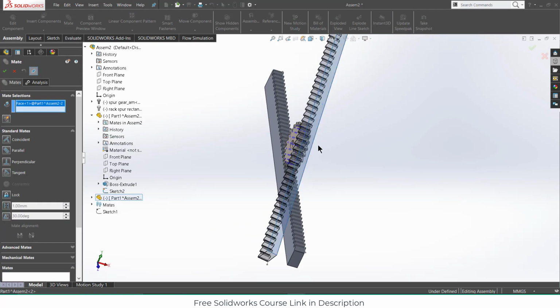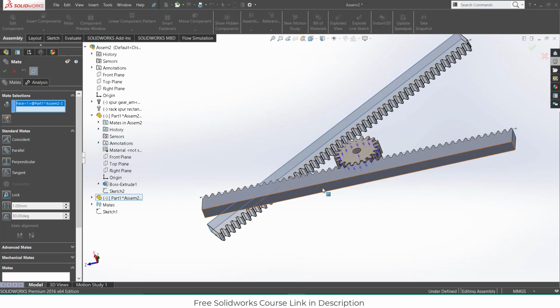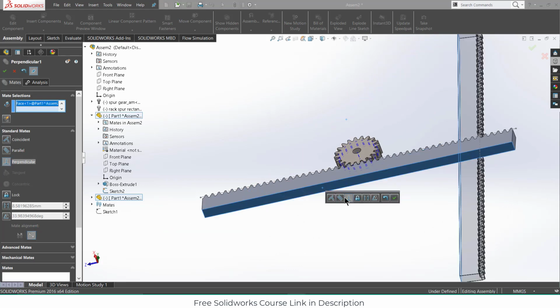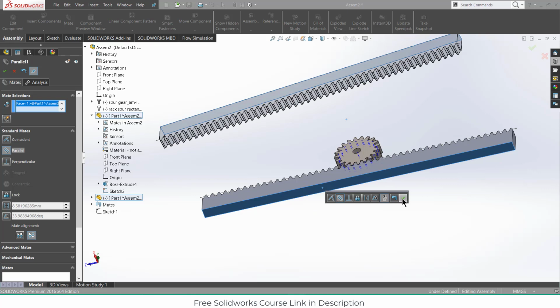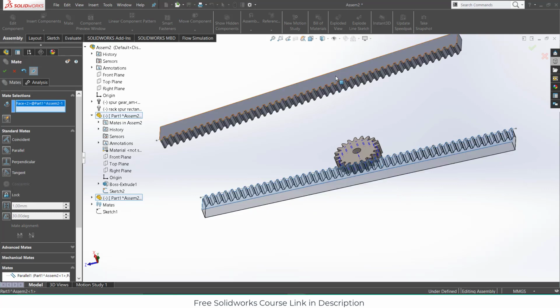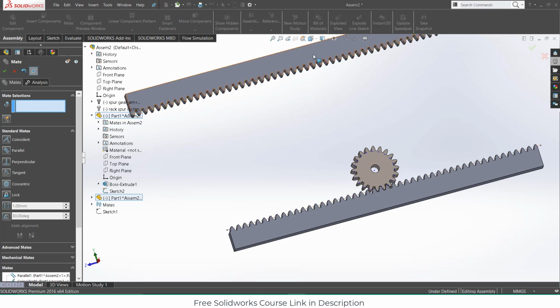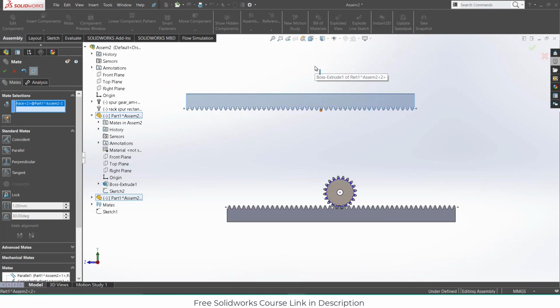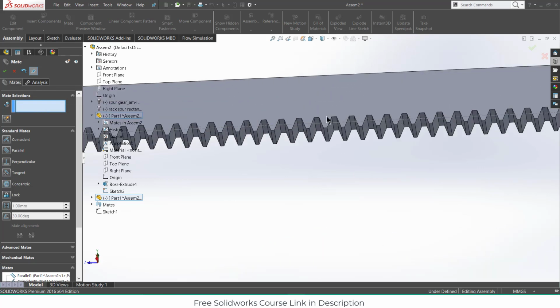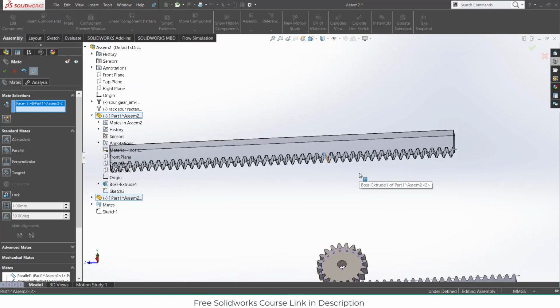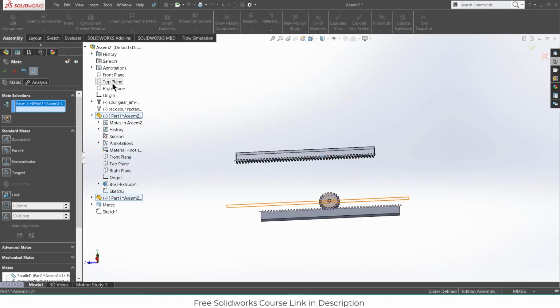Select this face and this face, make it parallel, click OK, select this face and this face, click OK, select this face, press Ctrl plus 8, clear selection. Now select this face and top face of the assembly,